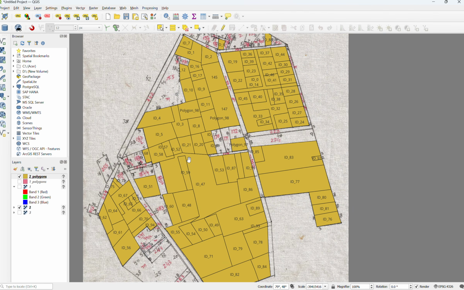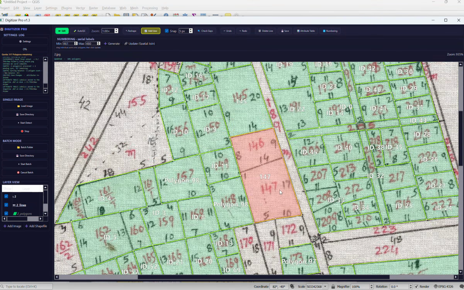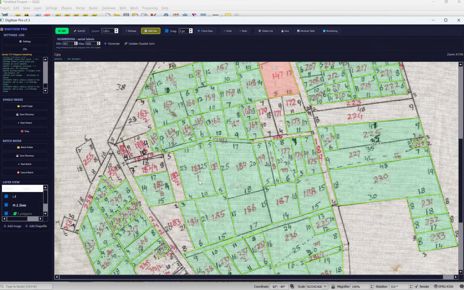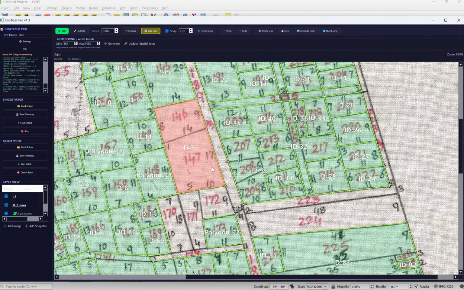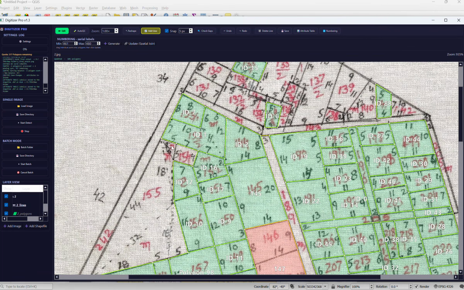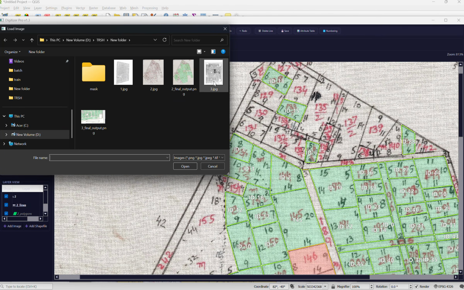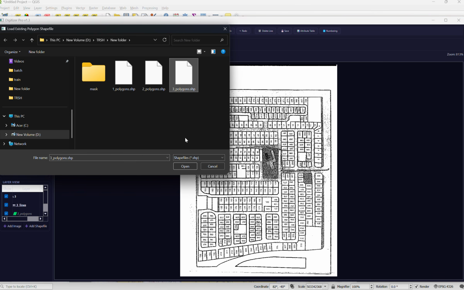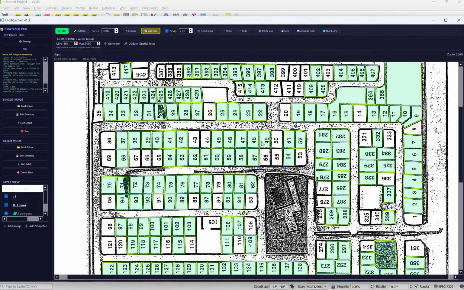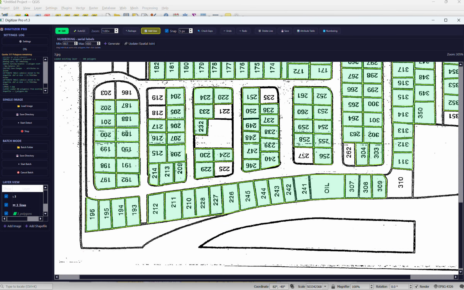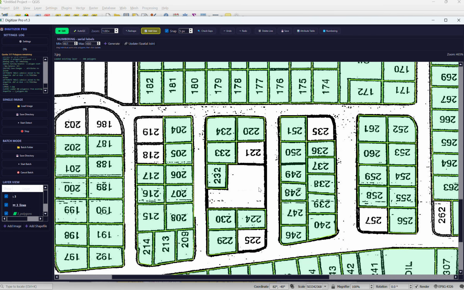Yes, it's still not that accurate, but slowly I can improve it. But for some black and white images, it's pretty good for detection. For example, I can use image 3. Okay, so you can see here 70 to 80% of the polygons are already done. So if you are missing some,